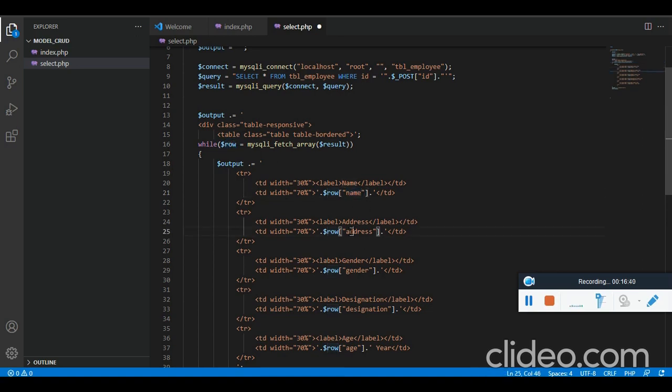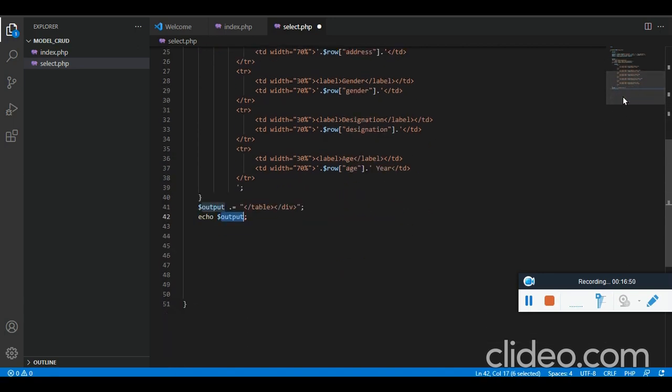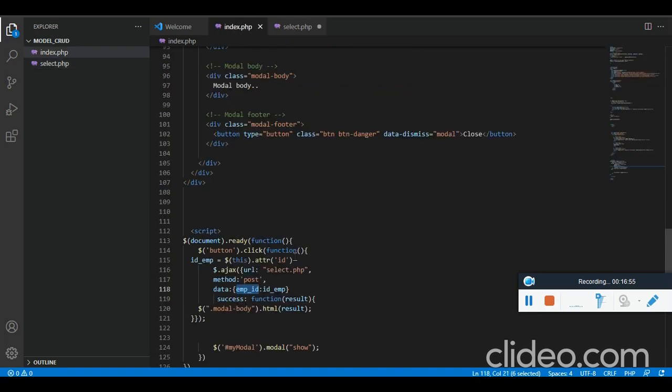So name, address, gender, we don't have designation, so let this be designation. Cool. Once this is done, we are sending the output as a result. So that is accessed and displayed on the modal body.